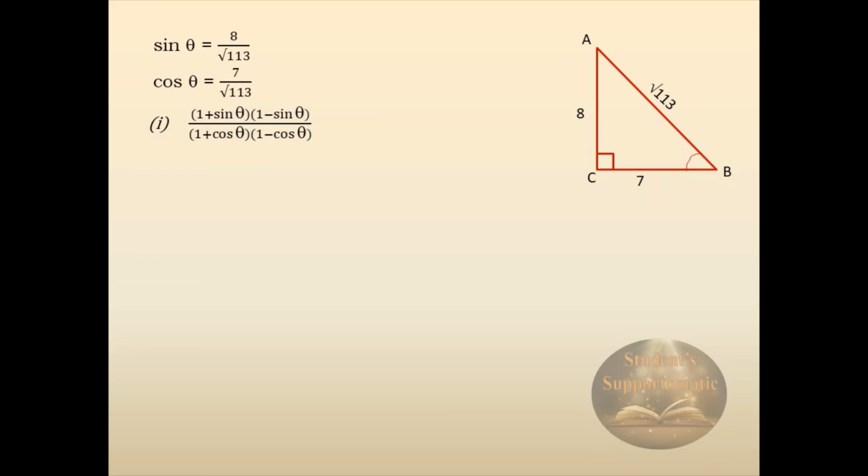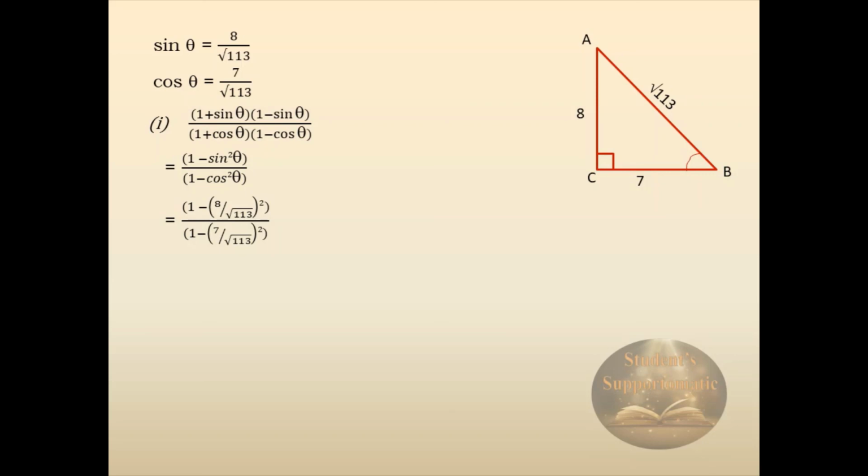So we will directly substitute the formula a square minus b square. Here a is 1 and b is sin theta. So it becomes 1 square, which is 1, minus sin square theta, and for the denominator 1 minus cos square theta. We use a plus b into a minus b is equal to a square minus b square. This is the same formula we used previously, just the reverse of that formula. Here it is given as a plus b, a minus b, and we write it as a square minus b square. So 1 minus sin square theta by 1 minus cos square theta.